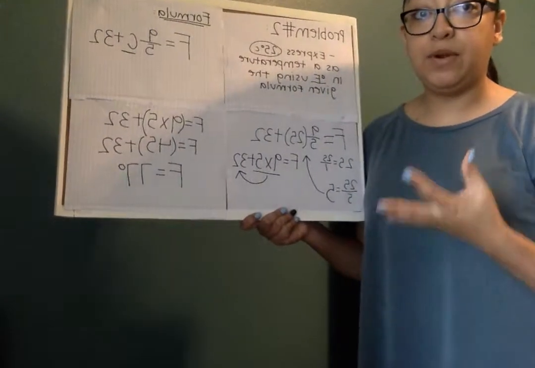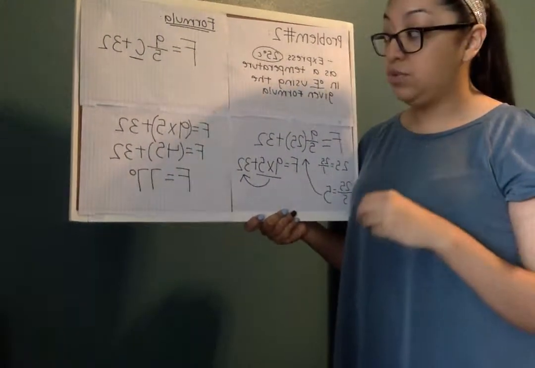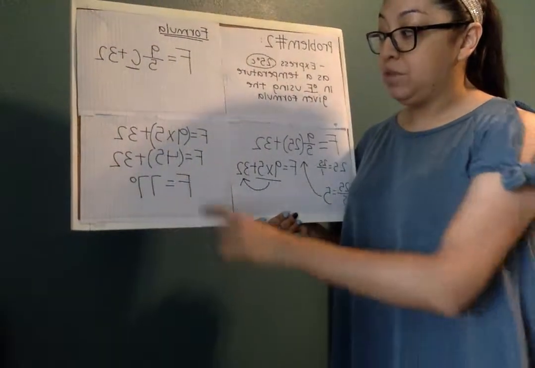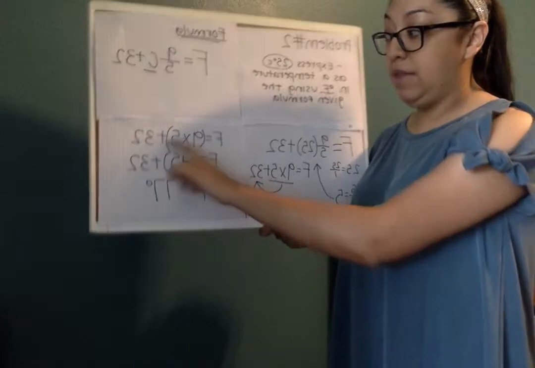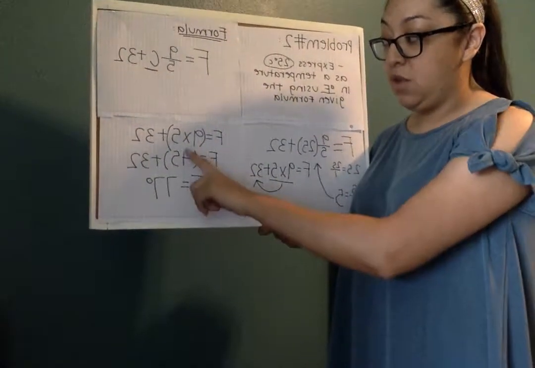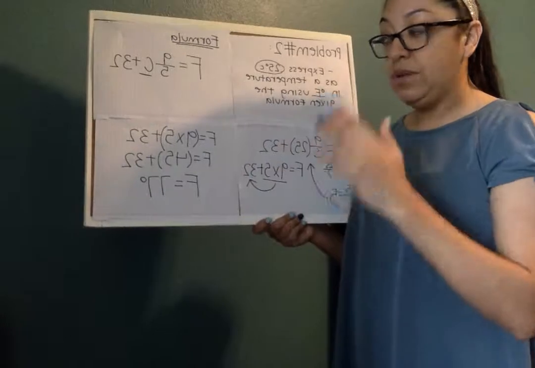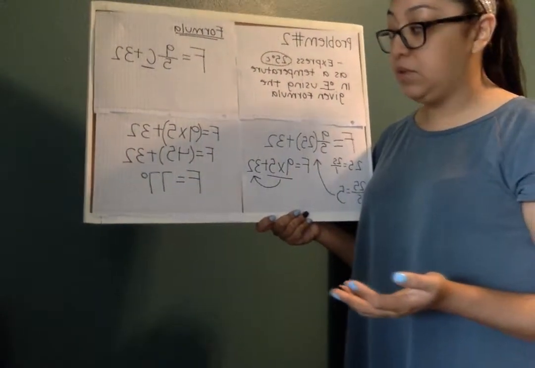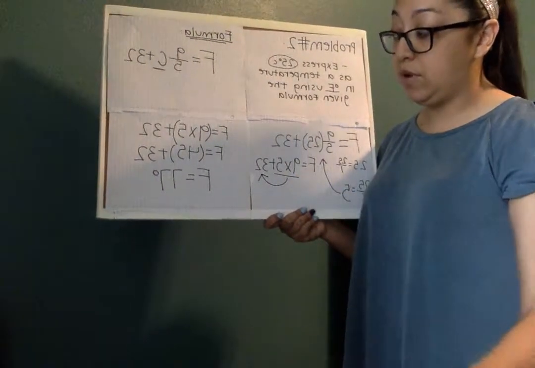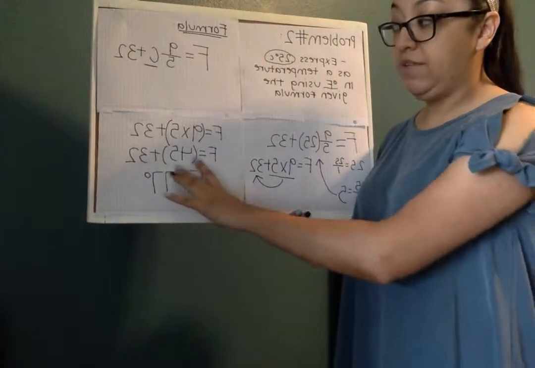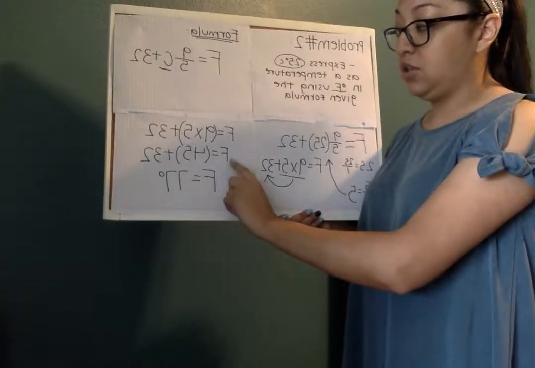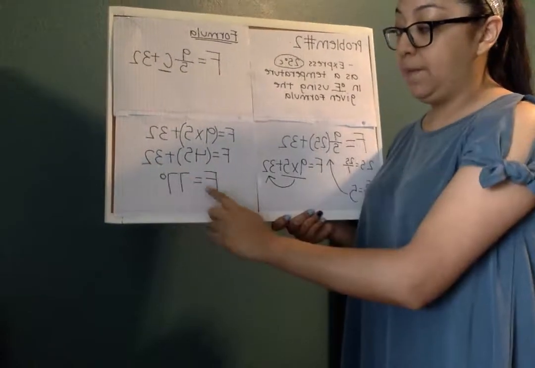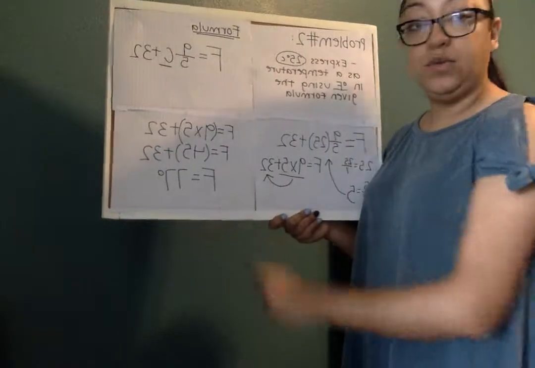Knowing parentheses, we have to do what's in the parentheses first to then be able to do what's outside of the parentheses. That is a multiplication problem in the parentheses: 9 times 5, which equals 45. We could leave it in the parentheses just so that we know, but then it simply becomes a simple math problem, which is 45 plus 32. So now our equation is F equals 45 plus 32, which we can add